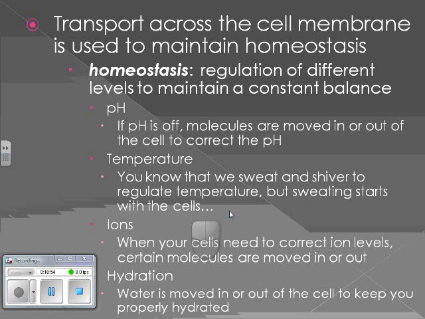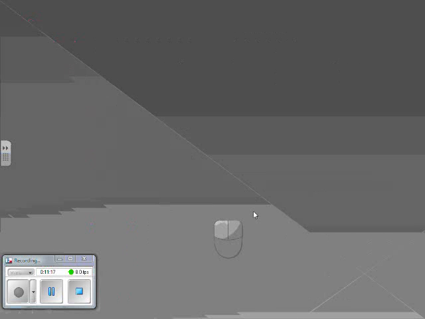All right? pH levels. Your stomach needs to be acidic, but your mouth doesn't, right? There are different levels of all different things. Ions. Remember when we did the Gatorade demonstration? We talked about the nervous system, right? Nerves operate very much like electricity. Ions are needed for the nervous system to work properly. Different types of ions help the nervous system work right.